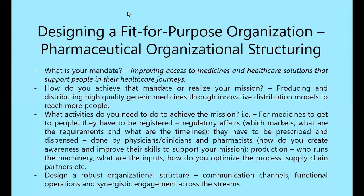As a business person, as an organization, you need to ensure you're able to meet your mandate. And as much as you're able to meet your mandate, you're able to meet it in a sustainable way, because that makes business sense in terms of the money that you're generating as an organization. So on this account, I was keen about how we design a fit-for-purpose pharma organization,